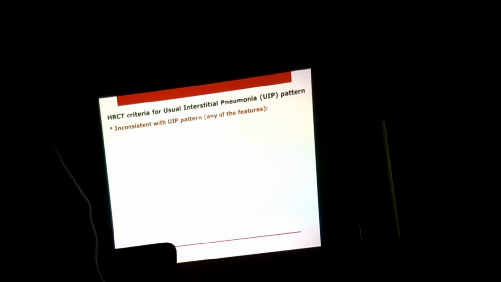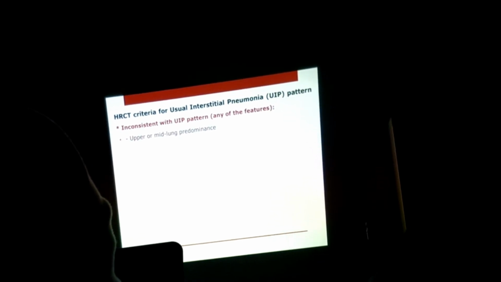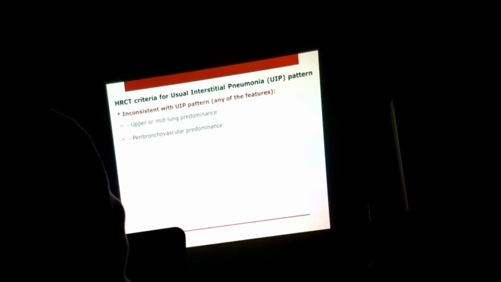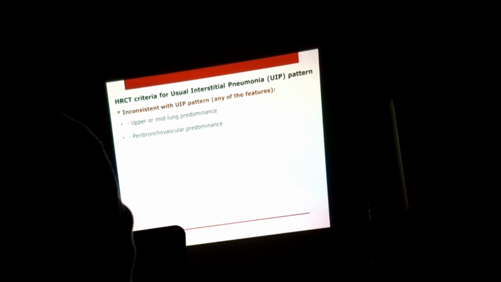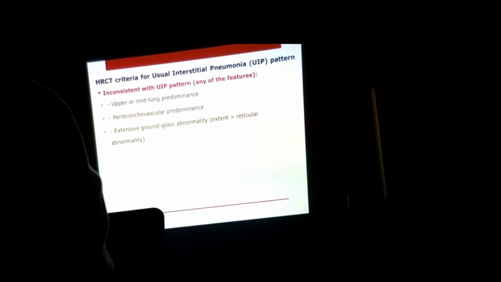Now, what is the HRCT criteria for the diagnosis of UIP? First of all, I will tell you some features which are inconsistent with the diagnosis of UIP. One is the upper or mid lung predominance, because UIP is predominant in the lower zones. Then peribronchovascular predominance is against the diagnosis of UIP. This suggests that this patient has sarcoidosis. Extensive ground glass abnormality